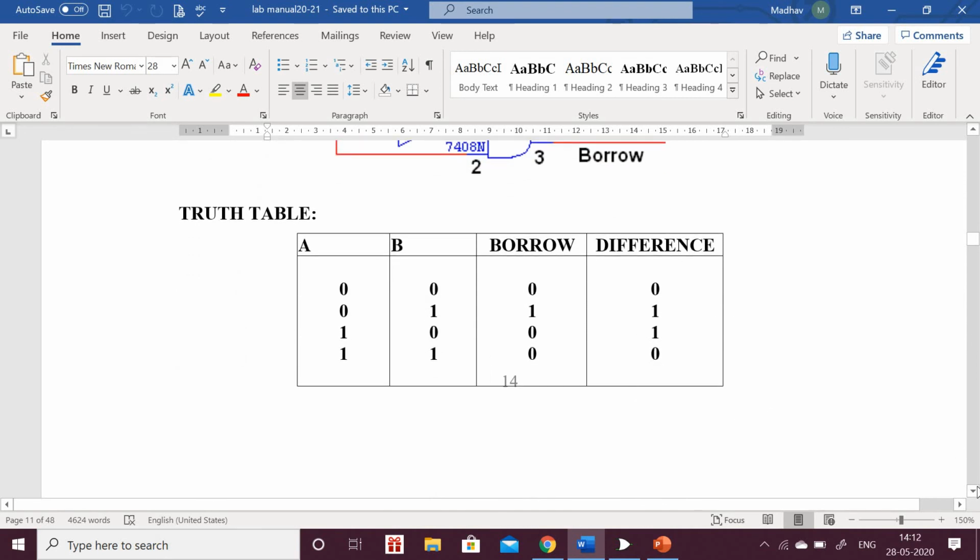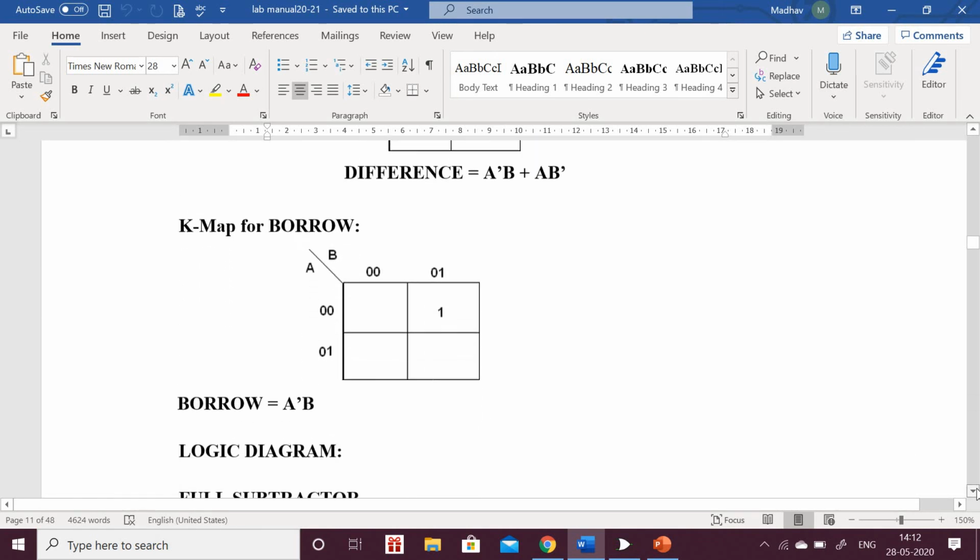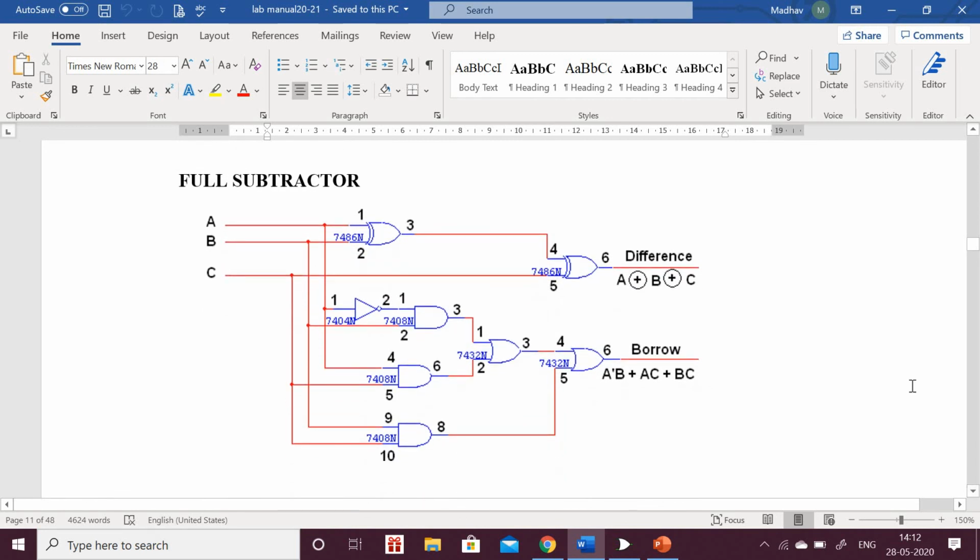Here you can see the table for the half subtractor. And similarly for the full subtractor, this is the circuit. Here we have 2 XOR gates, 3 AND gates, 2 OR gates and 1 NOT gate to construct this circuit.